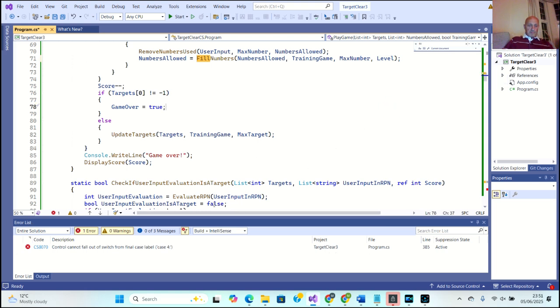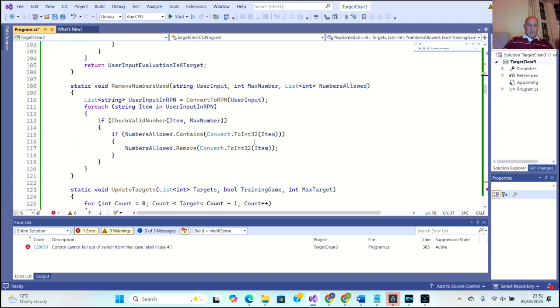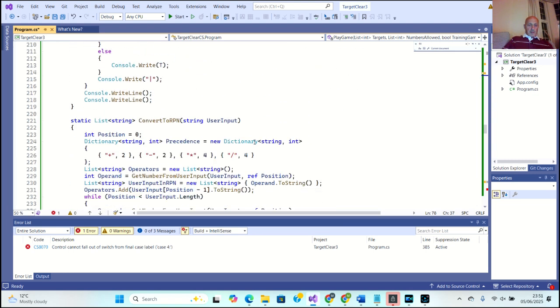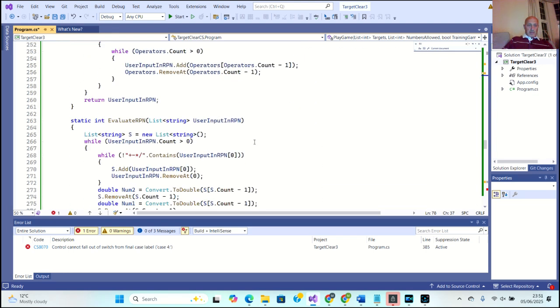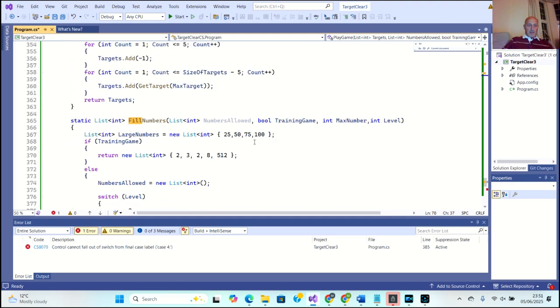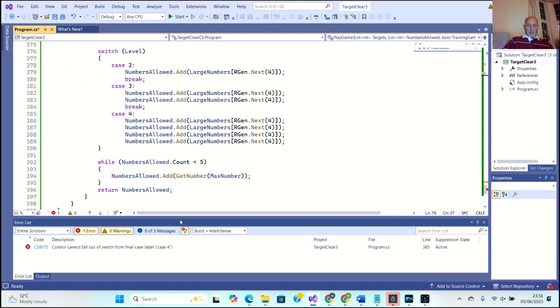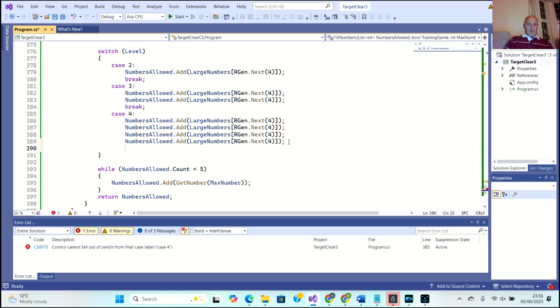Control cannot fall out of switch for the final case 4. That means that line 385, we haven't put a break in there, have we? Yeah. Okay. Oh, not bread, break. Okay. So